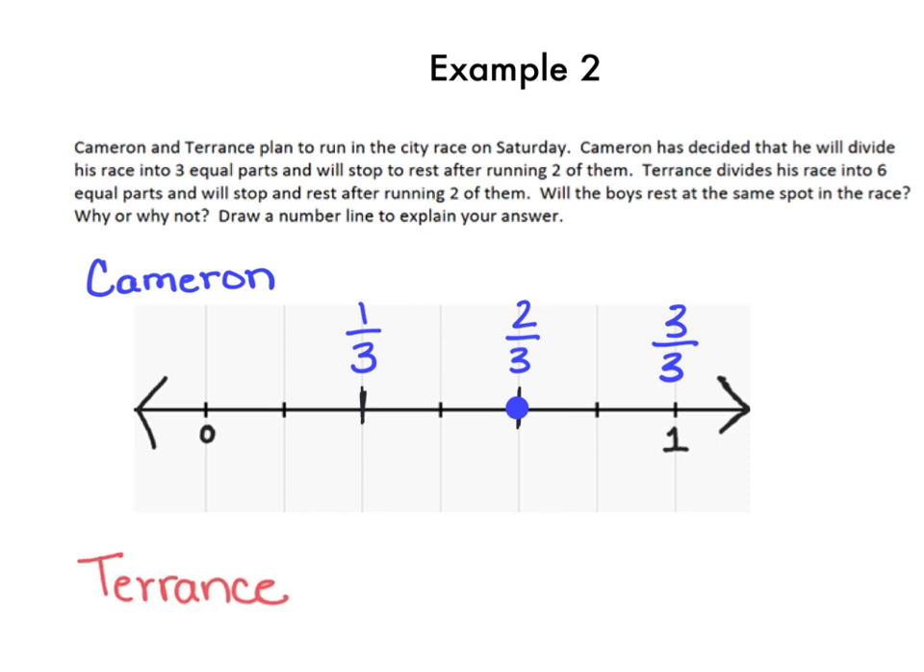Terrence wants to break his race up into 6 equal parts and stop resting after 2 of them. So let's break this number line into 6 equal parts. Now we can see here that there are 1, 2, 3, 4, 5, 6 equal parts. Let's put the fractions in to label our number line. 1/6, 2/6,